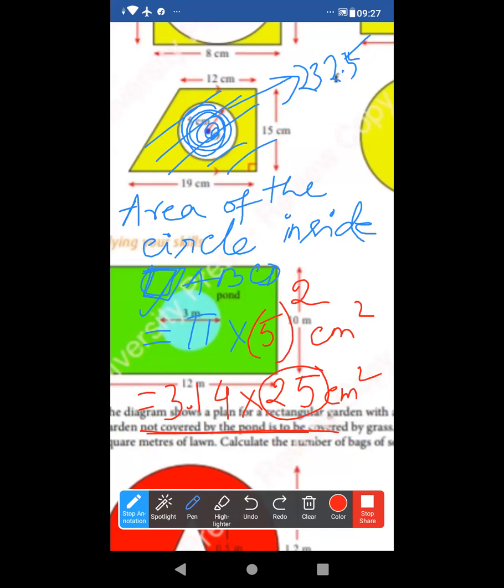78.50, who said the answer? Just 28.5? Tell me then. 78.5 centimeter square, yes, ma'am, right, square decimal. Only three or four students are responding. I don't know what the other students are doing or not.